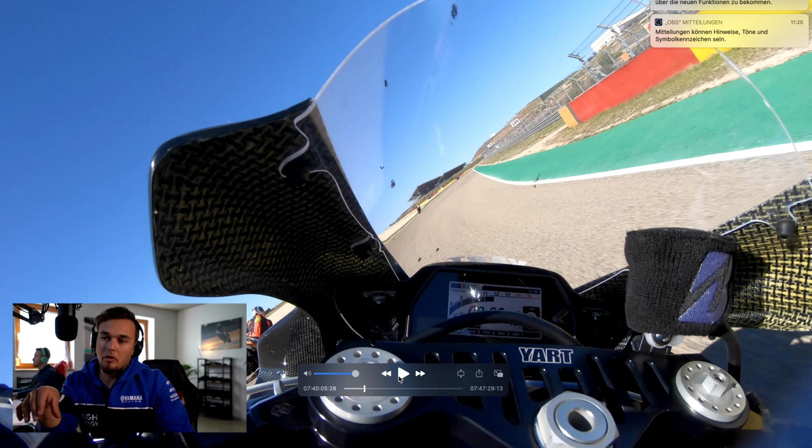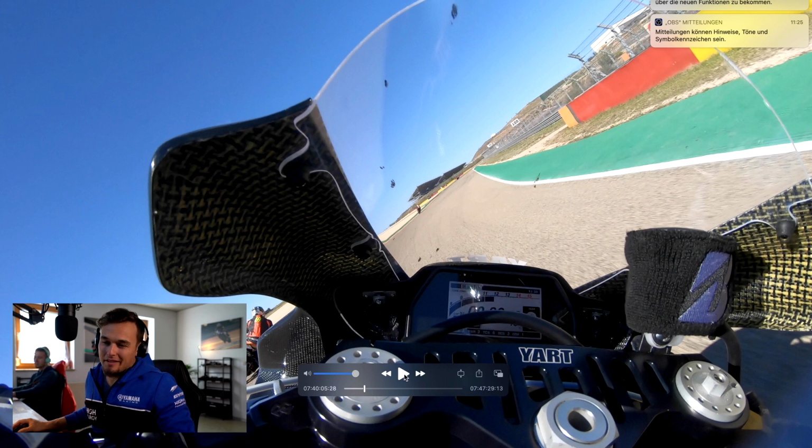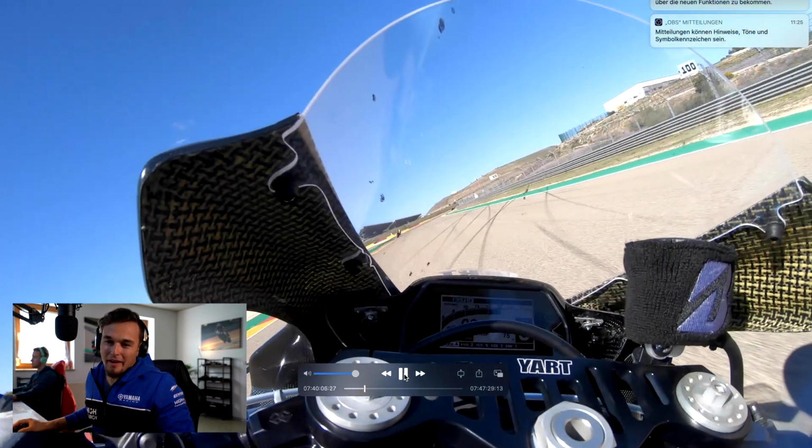So it's more important to have a lot of corner speed, and it's a short acceleration part. So this wasn't the strong part of the BMW. I saw that a lap before, because my friend with another Yamaha R1 overtook him on the same part of this track, and I knew that he wasn't that fast in this case, so I could